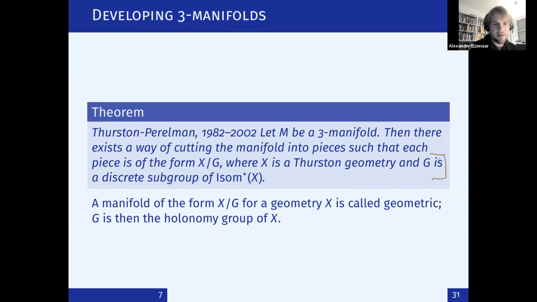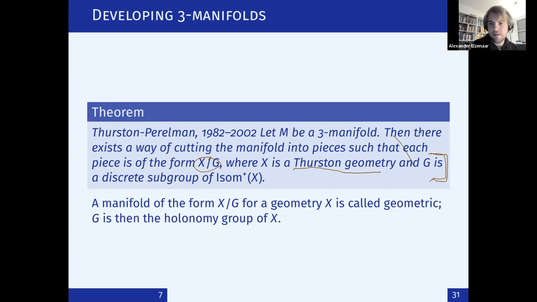If you start with a manifold which you know is locally, well, basically you can classify all of the Thurston geometries and all of these manifolds as long as you assume that they can be written in this way. So if you start with geometric manifolds, then the fact that they can be written as this quotient is basically easy. The hard part of this theorem is the fact that you can take an arbitrary 3-manifold